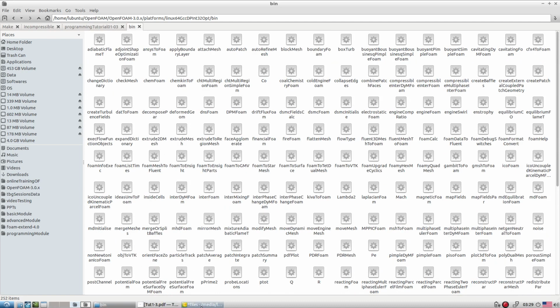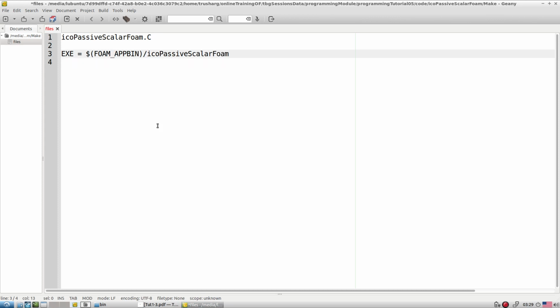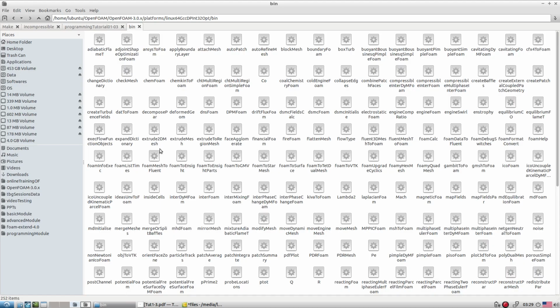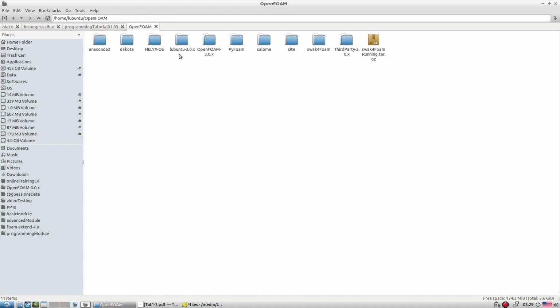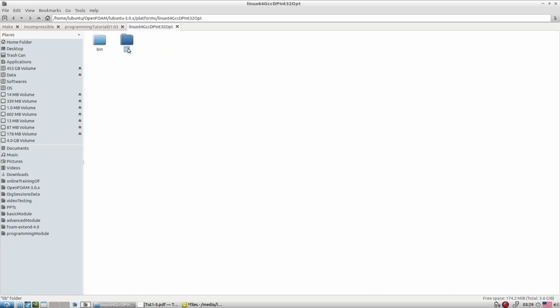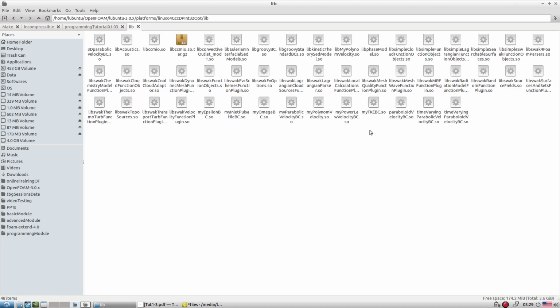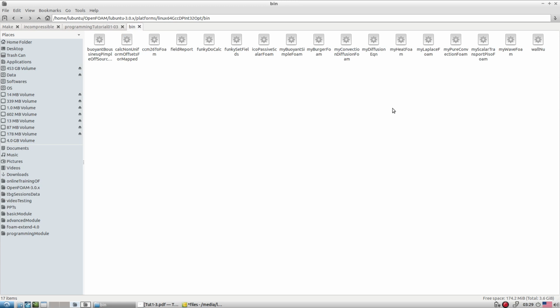By default it is supposed to go there, but we don't want to keep our new solver inside that area. We have to keep our new solver in our own area. That means the lib ubuntu 3.0 platform, here you have a lib. In the lib, whatever library we develop, like my power law, my parabolic, my omega, everything is here. In a similar way, inside the bin, whatever solvers we previously developed, my diffusion, my heat flow, my Laplacian, my pure convection, everything is here. So we are supposed to store our compiled version in this location.